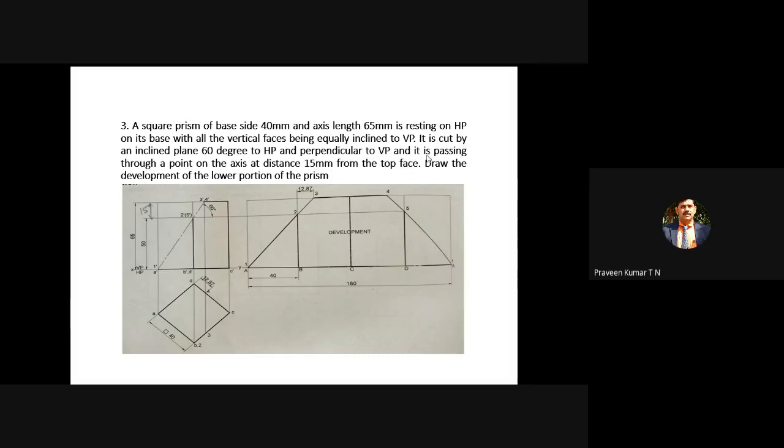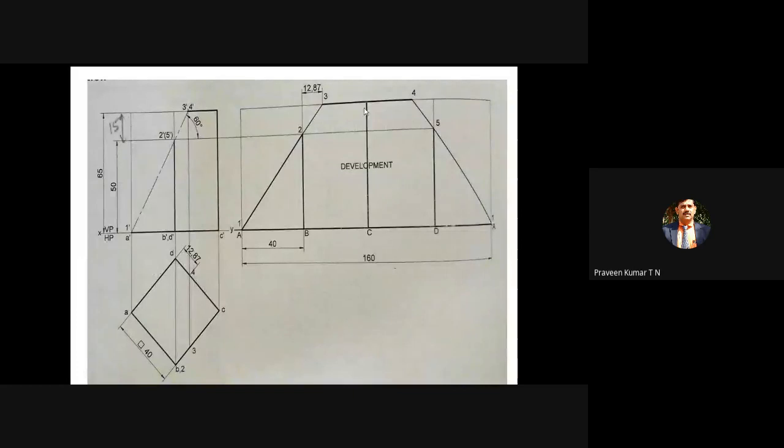You have to draw one line. Cutting plane is nothing but an imagination. You can imagine a knife cutting this complete prism. Imagine it is made of paper or some other very sophisticated material. You cut it. So your cutting plane intersects the axis of the prism at a height of 15 mm. That means from the top face, or at a distance of 65 mm where you already have one horizontal line, draw one more horizontal line. Any difficulty in drawing a horizontal line at a distance of 15 mm?